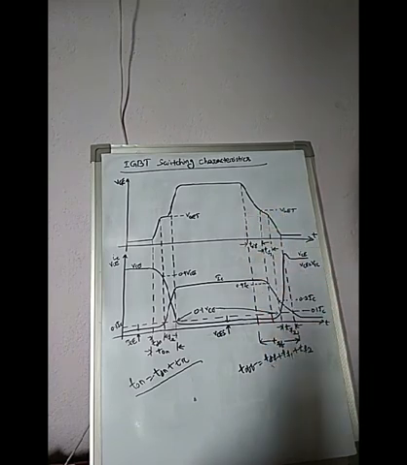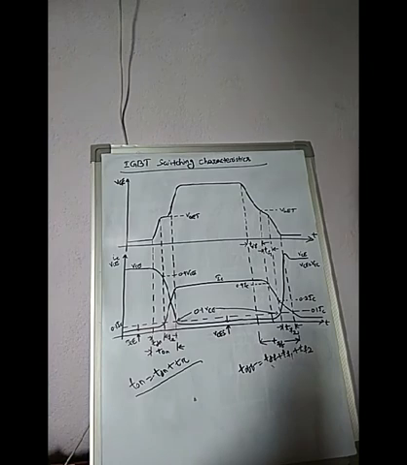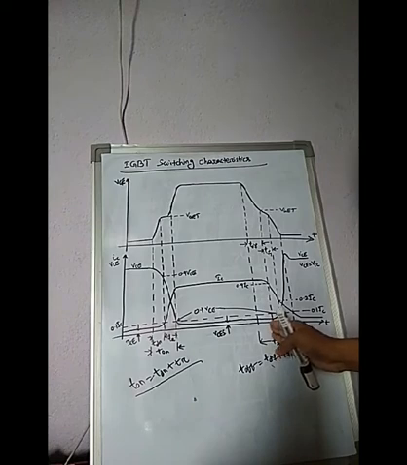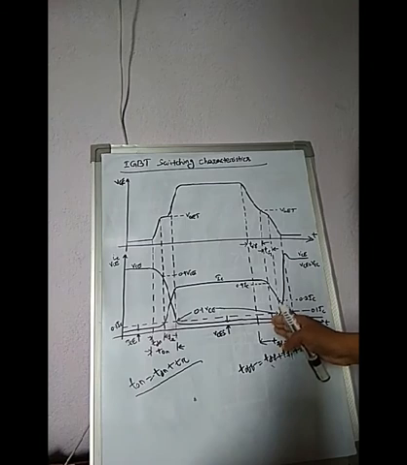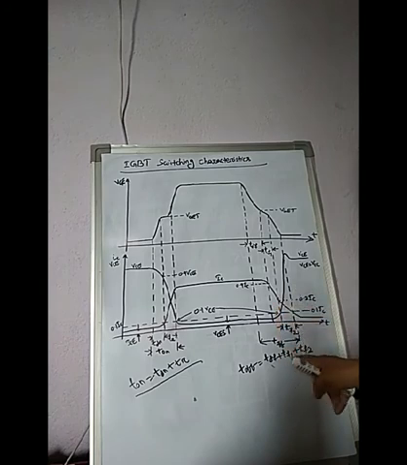Okay. So at the end of TDF, this point is the end of TDF. So at the end of TDF, collector emitter voltage begins to rise. See, TDF ends here in this line. So after this TDF time, the collector emitter voltage begins to rise. See, it started rising. Okay, begins to rise.